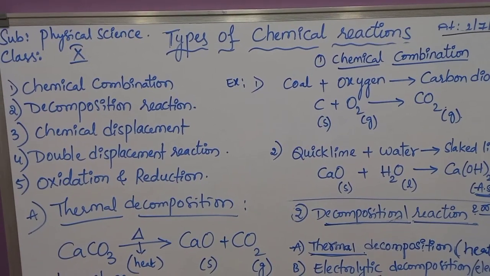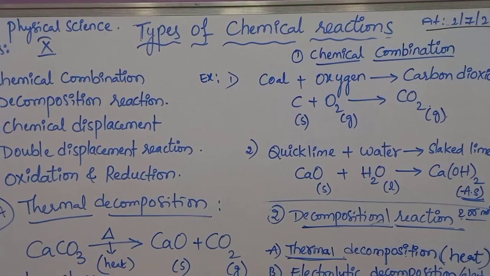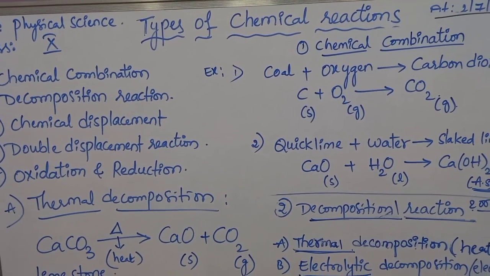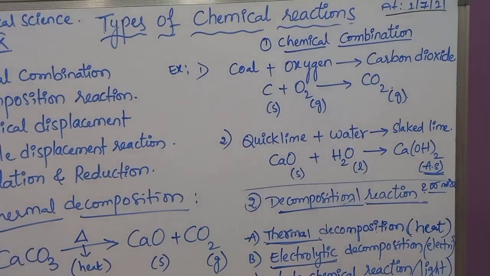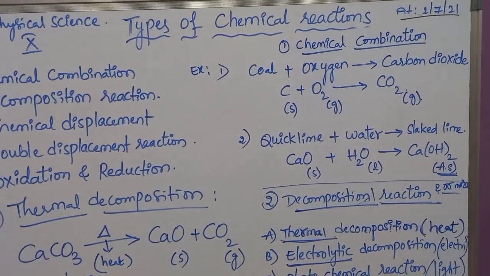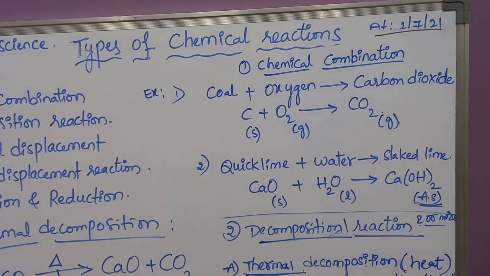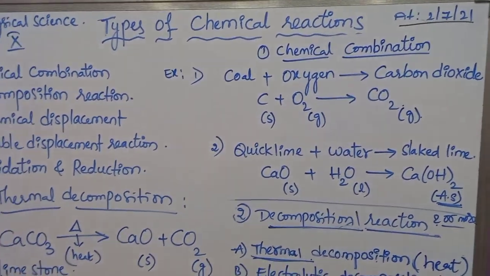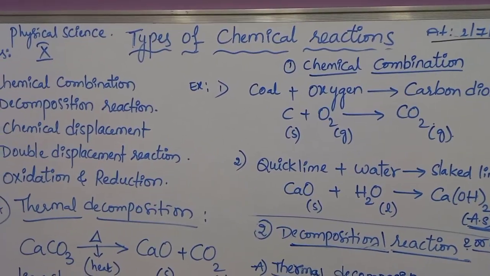Okay, the substances which undergo chemical change in the reaction. In the reaction, the substances that are undergoing the chemical change, which are involved in the chemical reaction, are called reactants. During the chemical reaction, we will get some new substances. The new substances are called products. So that is a chemical reaction.